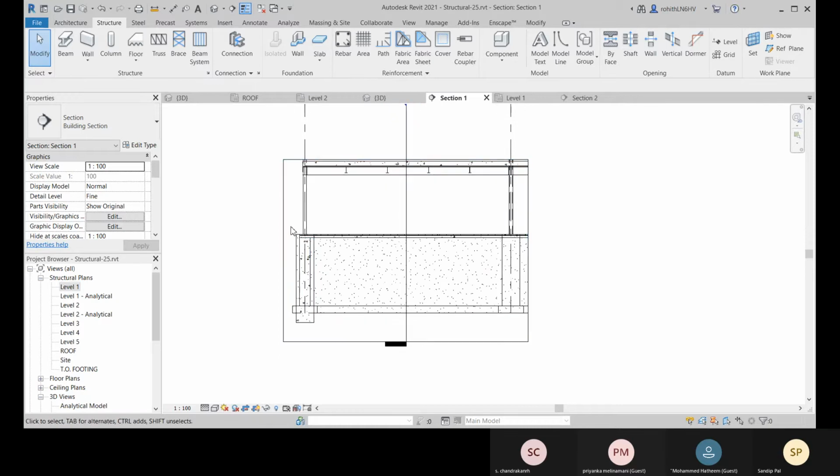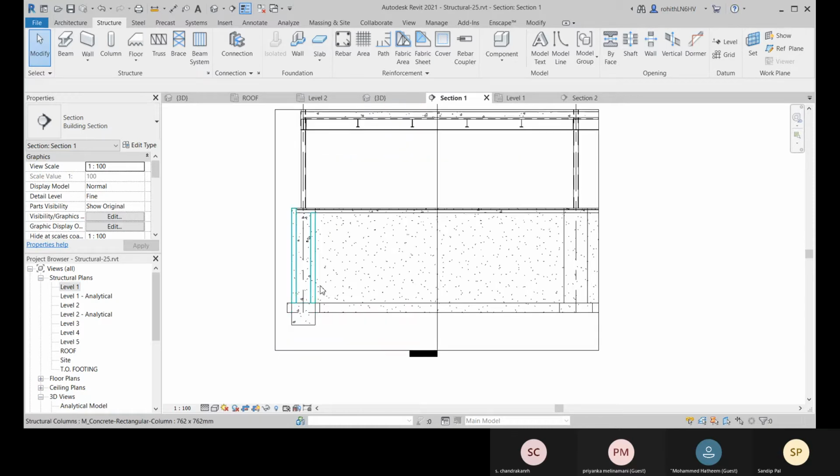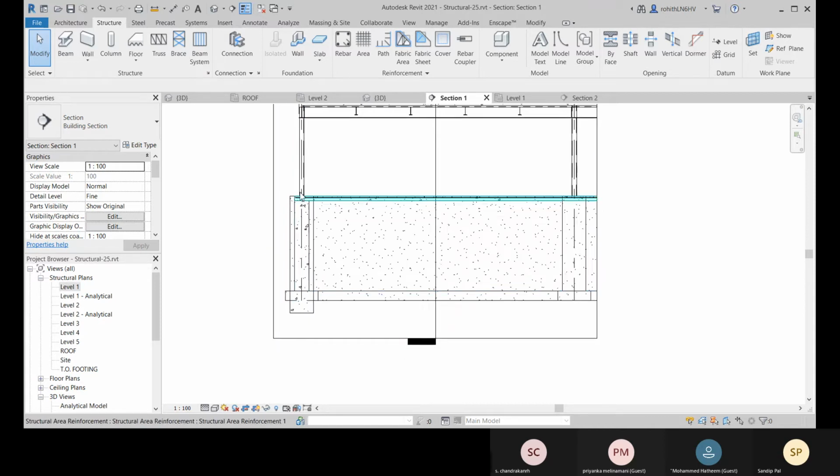But for this particular, suppose there is a concrete column, and for that particular concrete column you need to show all the detail, all the reinforcement detail. So for that you generally should not place on this section.